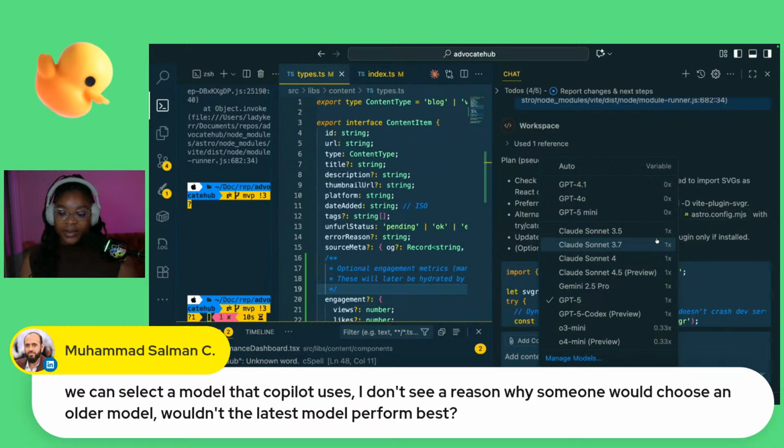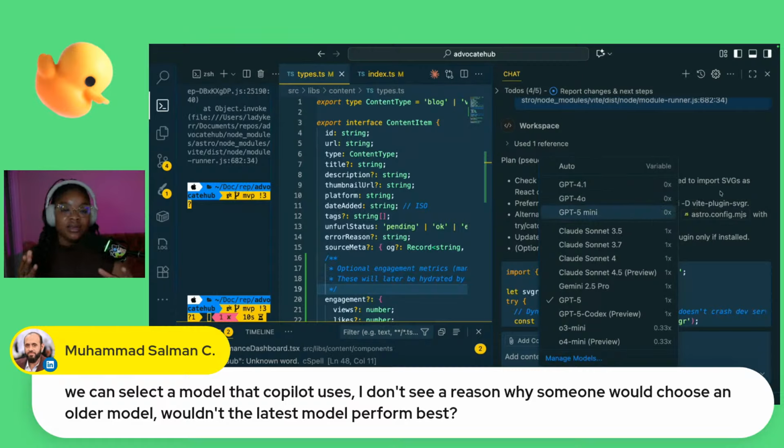We can play with as many as we want, honestly. And then it also depends on the type of plan you have. So 4.1, 4.0, and GPT-5 Mini look like they are built into the freemium tier of GitHub Copilot. If you're on the free tier of Copilot, then you have access to these models.